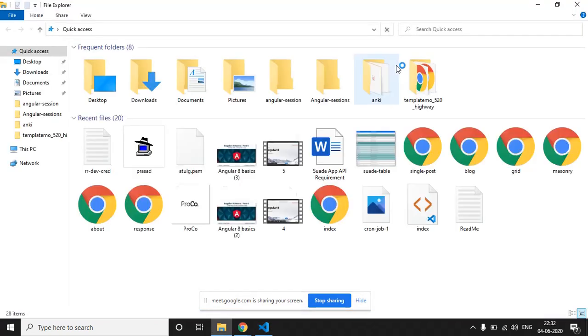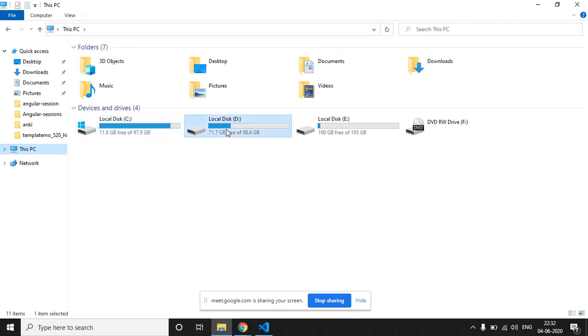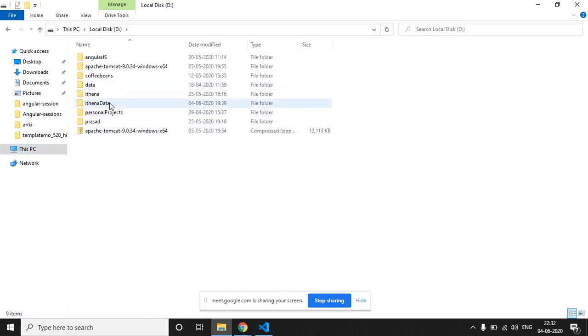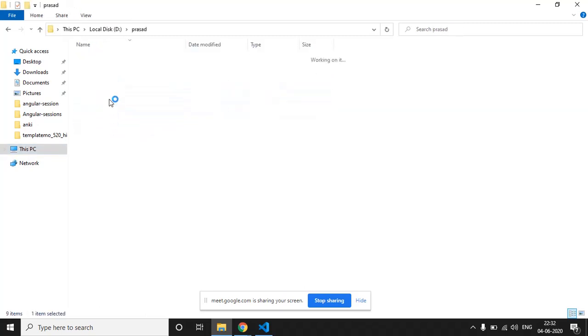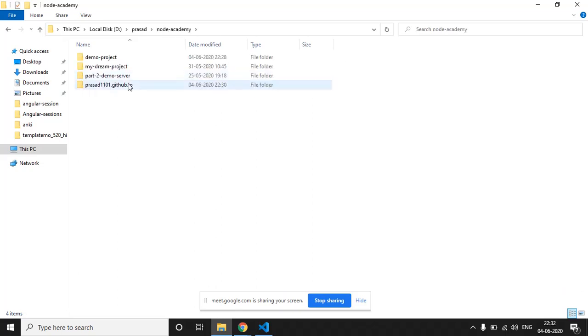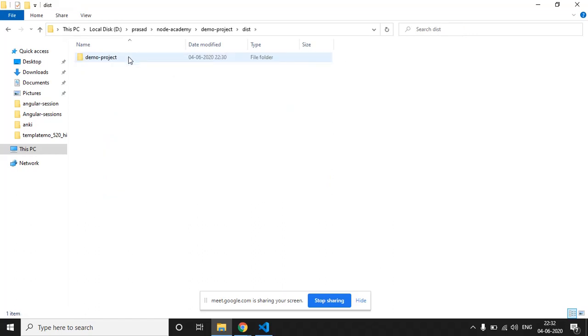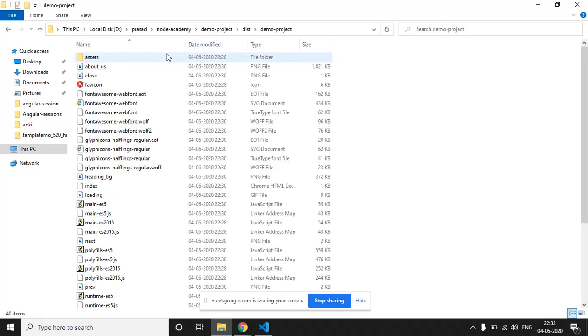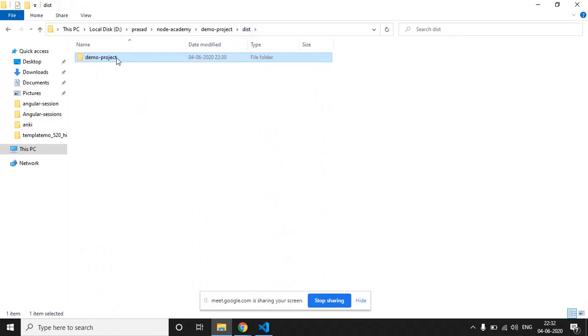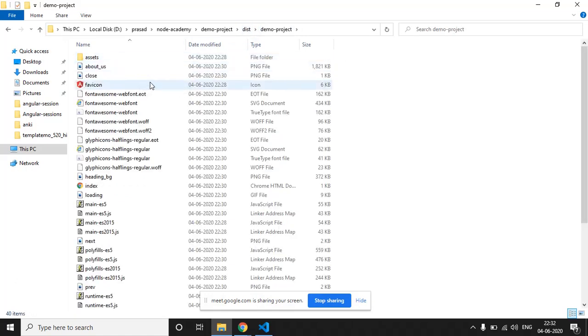Just open your file manager and go to your project directory. This is our project directory, right? After building our Angular application, all the contents are present in this dist folder, and then the project name.